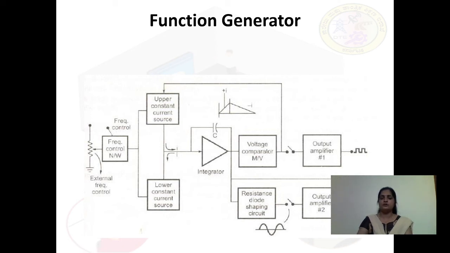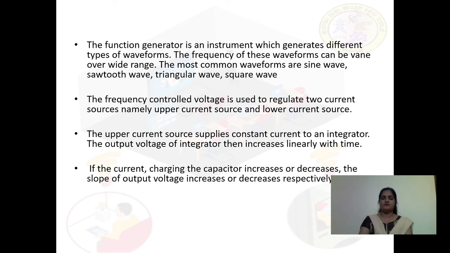Now let us come to the working principle of this function generator. As we were discussing, this function generator is an instrument which generates different types of waveforms. The frequency of these waveforms can be varied over a wide range, and the most common waveforms are sine wave, sawtooth, triangular and the square wave. This is what we were discussing while explaining the block diagram. And coming to the operation, here we are using a frequency controlled voltage. This is to regulate the two constant current sources, that is, the upper constant current source and the lower